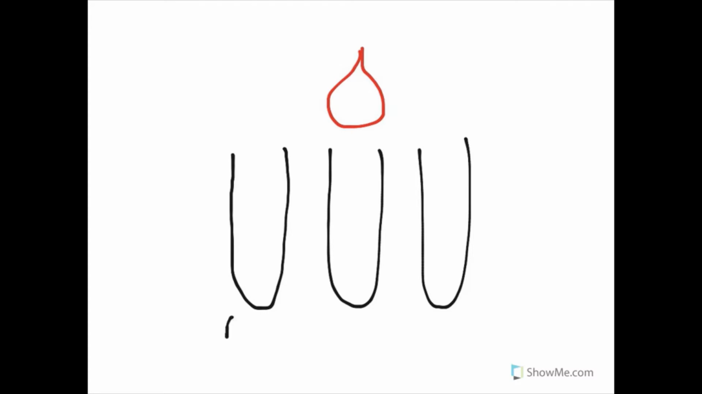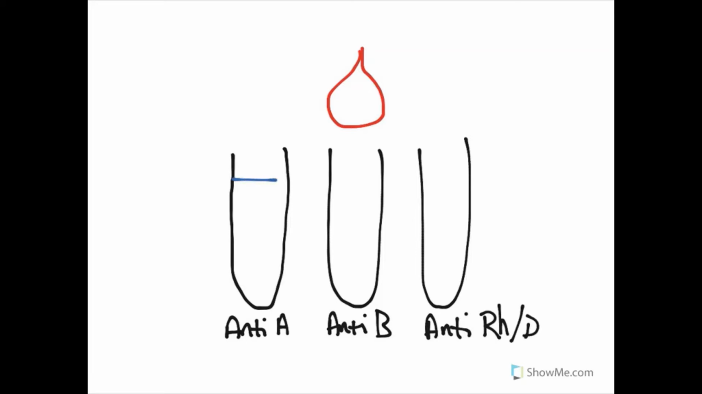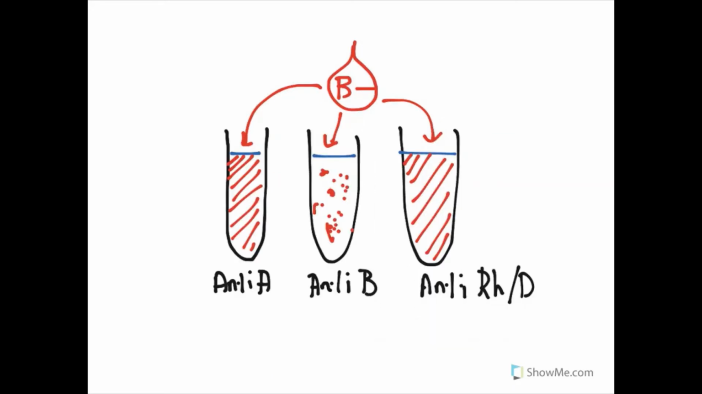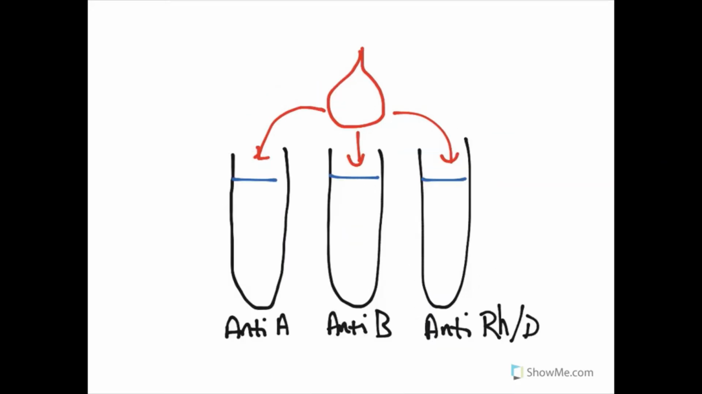So now again, anti-A, anti-B, anti-RH or D, and I've got those test tubes containing those antibodies. We put the blood into each one of these, and now what we're going to get here is, so on this one here, we have B negative. Let's say I did this one and I got clumps. I got clumping here, but here I got